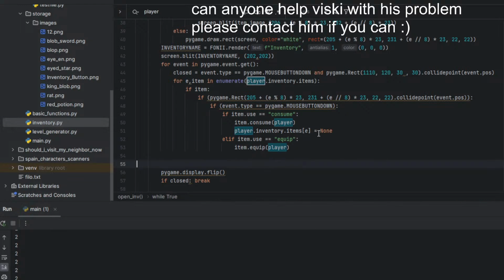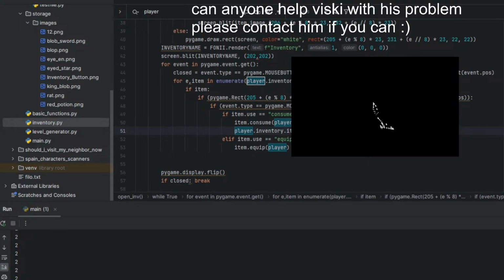Okay, so first of all I need to make a new picture, because this one is bad. Okay, sorry for the waiting, but I wanted to make a new picture.